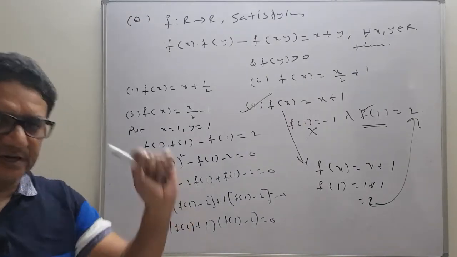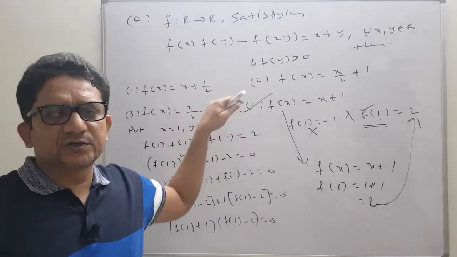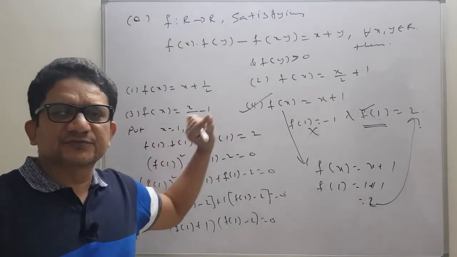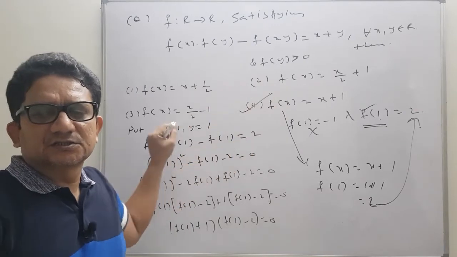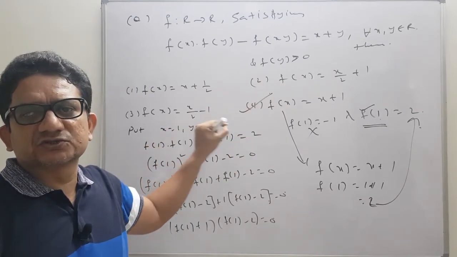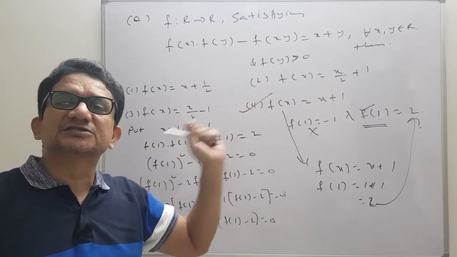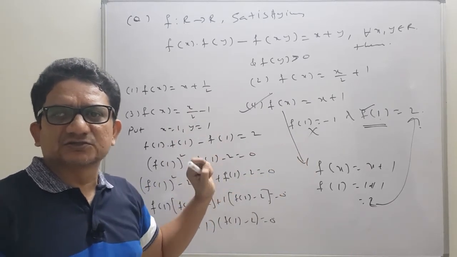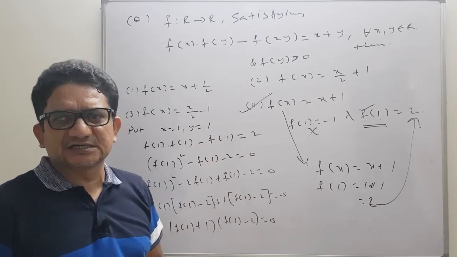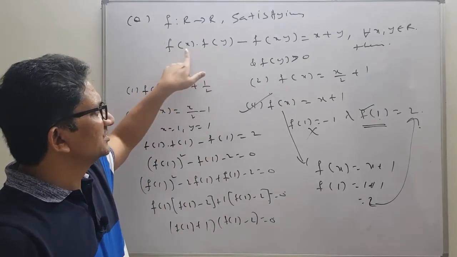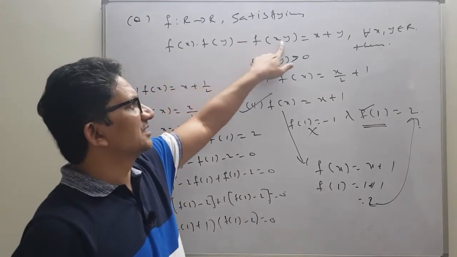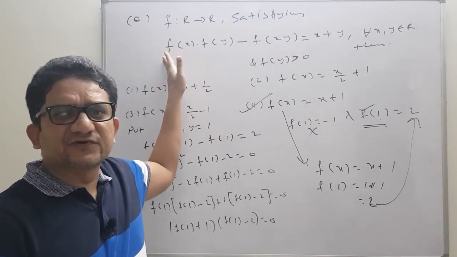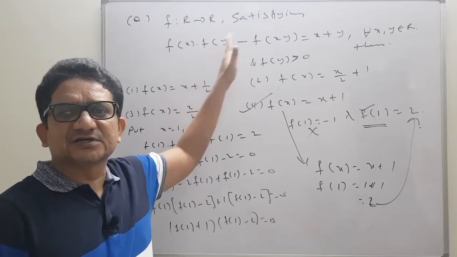So students, one point I want to add to this: while doing the solutions I am taking x equals 1, y equals 1, meaning before that I analyzed it actually. Why can't we take x equals 0 and y equals 0, which is always easy to handle in calculations? But when you take x and y both 0, f of 0 will be generated. So x 0, y 0 means f of 0 whole square minus f of 0 equals 0. F of 0 common, we get f of 0 into f of 0 minus 1 equals 0.